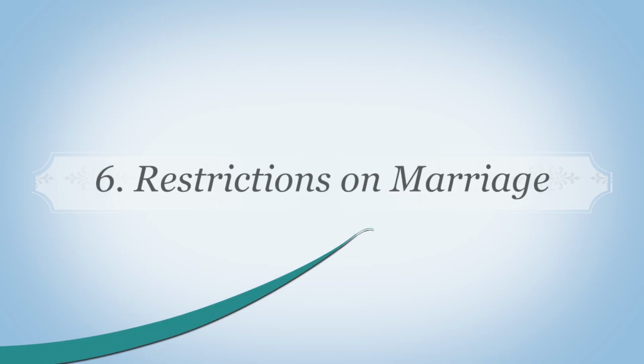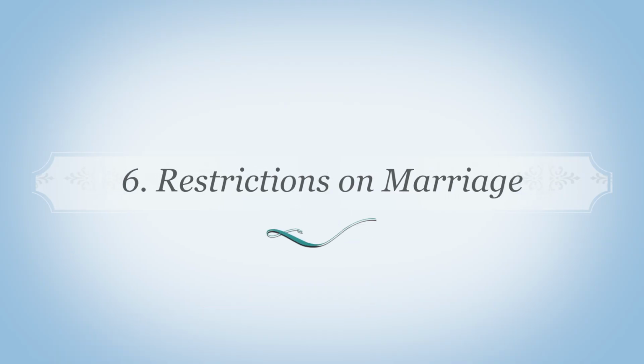But agriculture, trade and laboring in the field were thrown open to all the castes. At the same time, no caste would allow its members to take up any profession which was either degrading or impure. Then sixth point is restrictions on marriage.